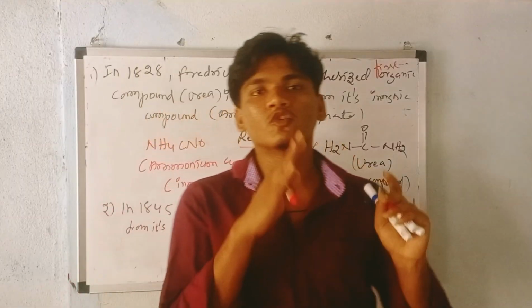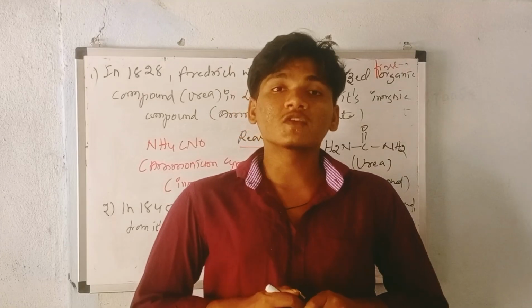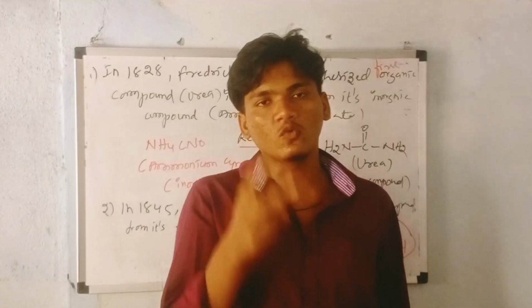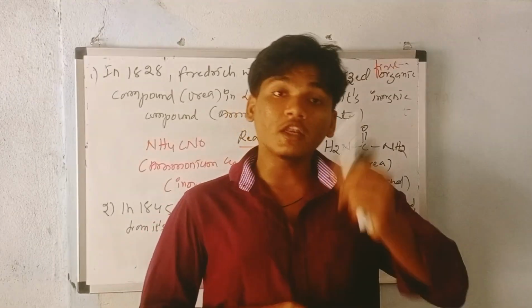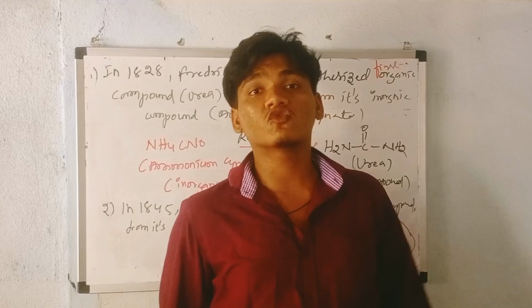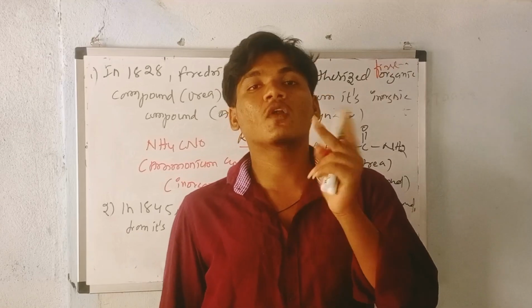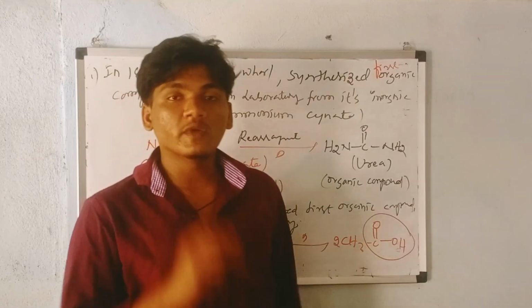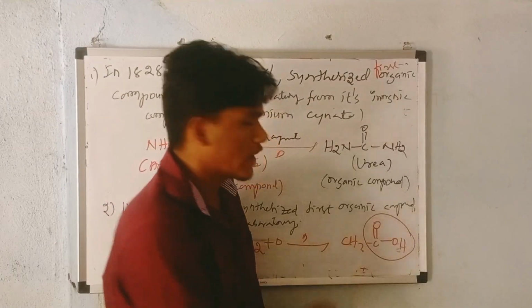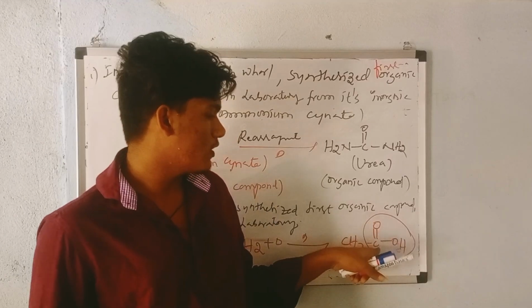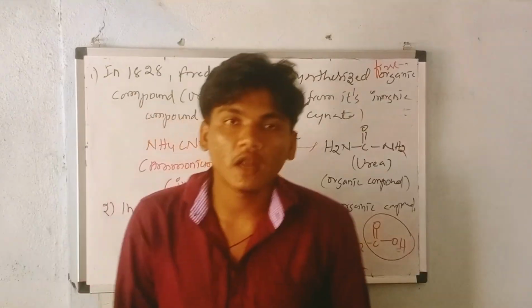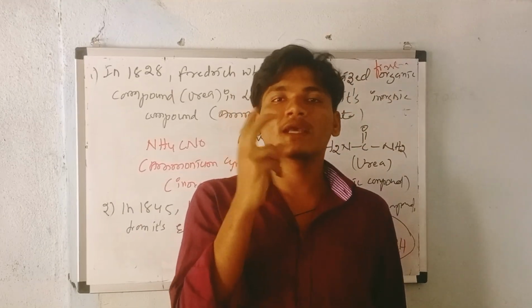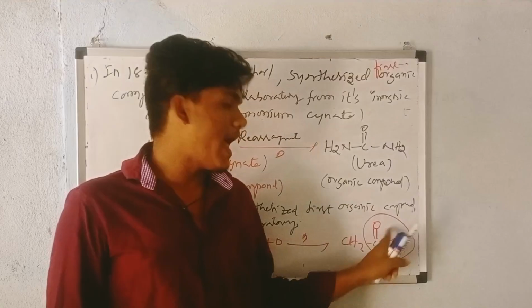We have common names, and we have IUPAC names. In common names, if you have the single carbon, we call it form. If you have 2 carbons, it's called acet. In IUPAC, if there is a single carbon, that is called meth. If there are 2 carbons, it's called eth. So here, how many carbons are there? 2 carbons, which means you can remove this stoichiometric coefficient and see only this one. How many carbons? 2 carbons. According to common name, if there are 2 carbons, it is called acet. Hence it is called acetic acid.